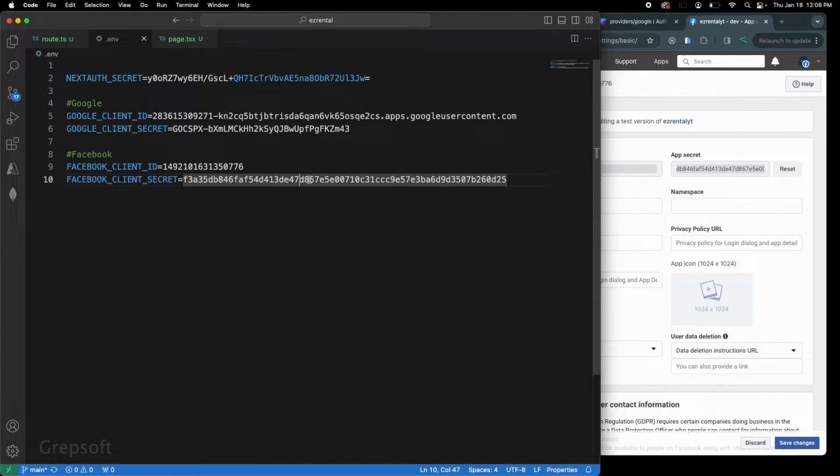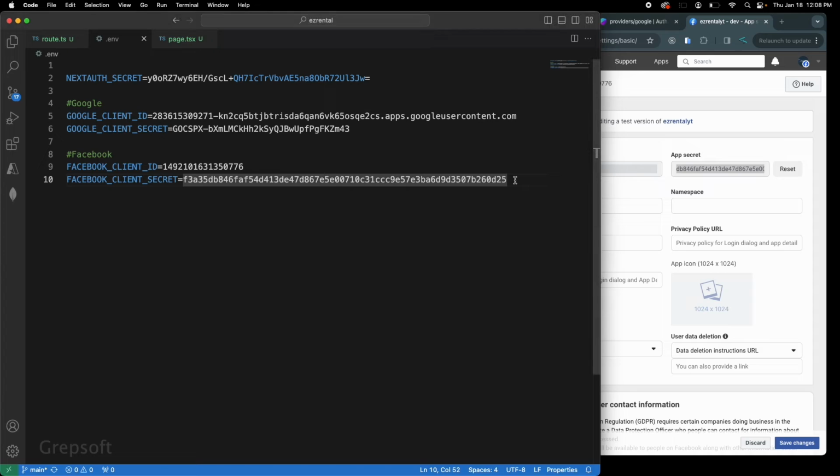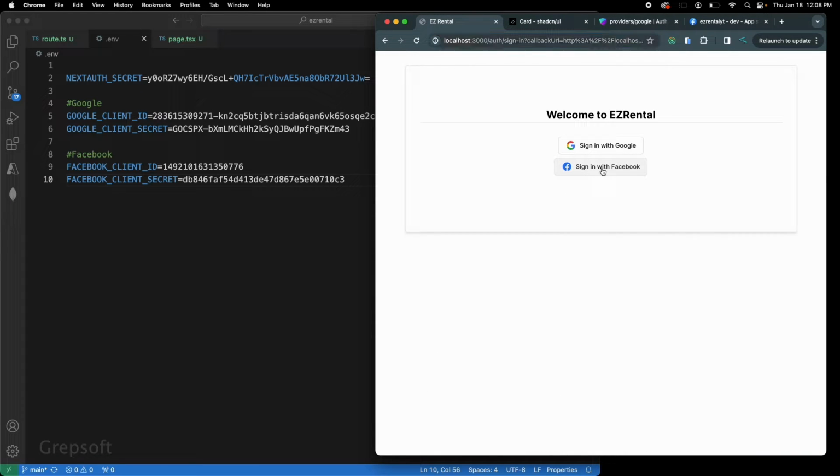I think what happened was when I pasted, yeah, see it's here. When I pasted the other one, they kind of got copied together. So what I will do is I'll copy this and I'm gonna do it properly. So I'm gonna select, paste this, that's correct. I'm going to save it. We're going to go back, and now if I do sign in with Facebook,